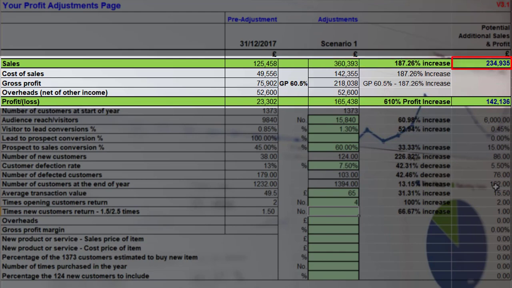In money terms, that's an increase of just over £234,000. What's more important is that our profit, which originally stood at 23,302, has now increased to £165,438, which represents a 610% increase, or in money terms,